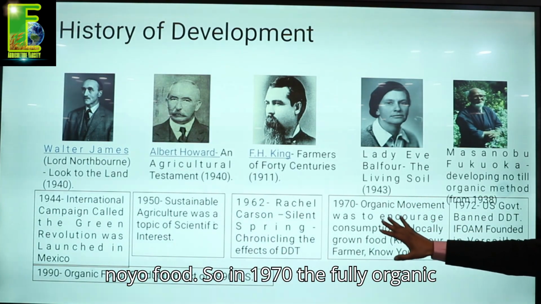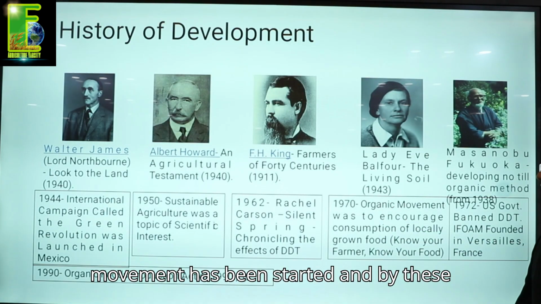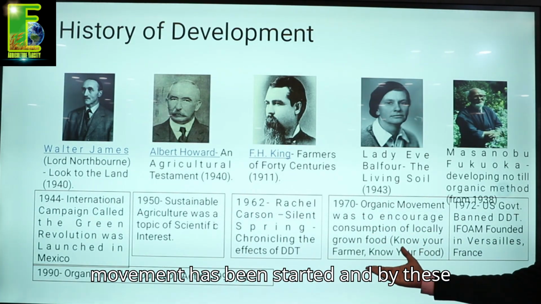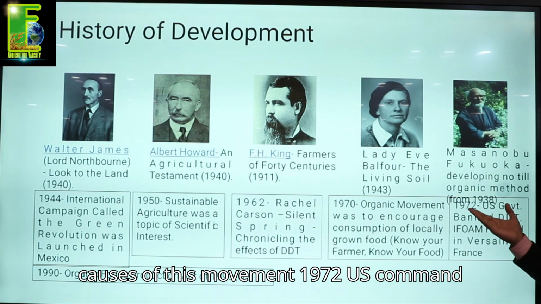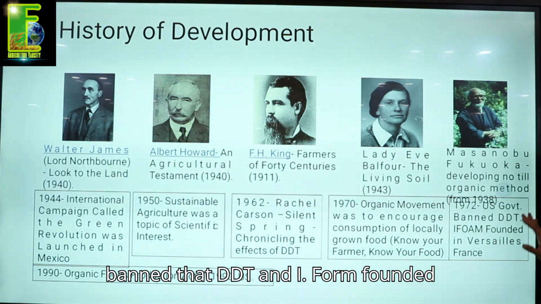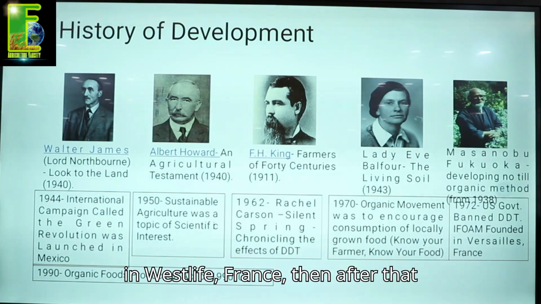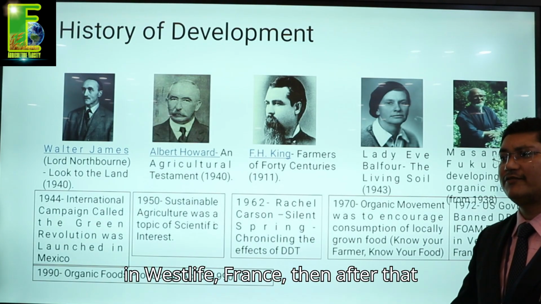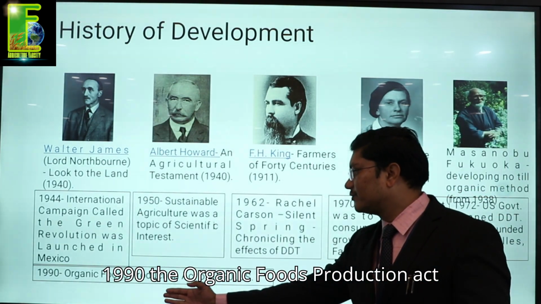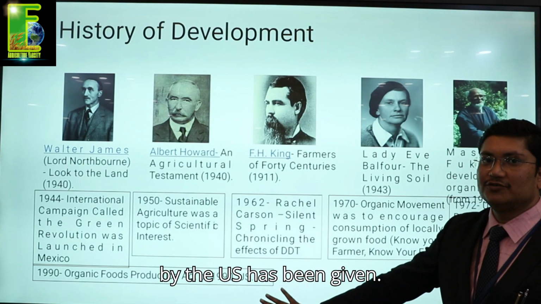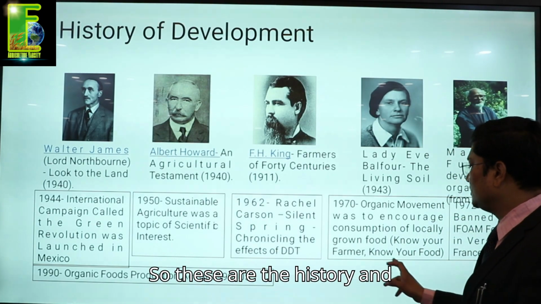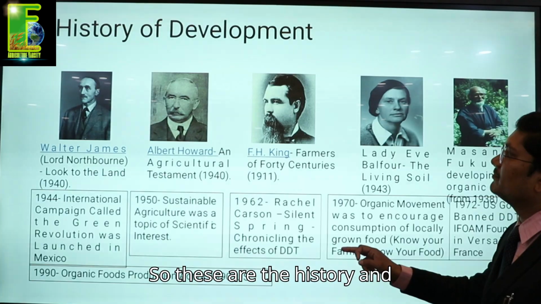So in 1970, the full organic movement was started, and because of this movement, in 1972 the US government banned DDT, and IFOAM was founded in Versailles, France. Then after that, in 1990, the Organic Foods Production Act was passed by the US. So these are the history and development